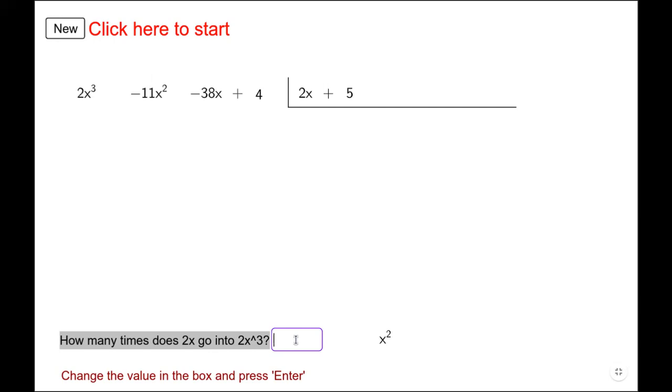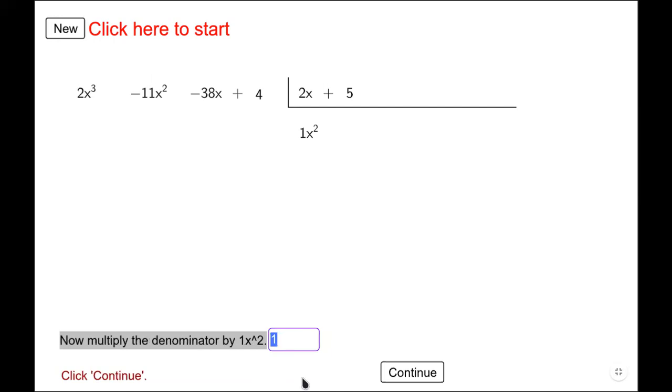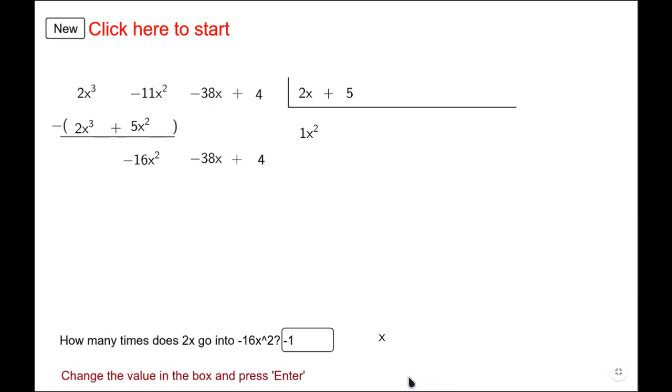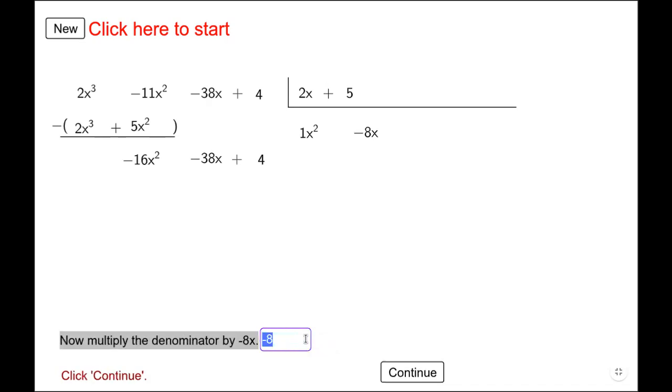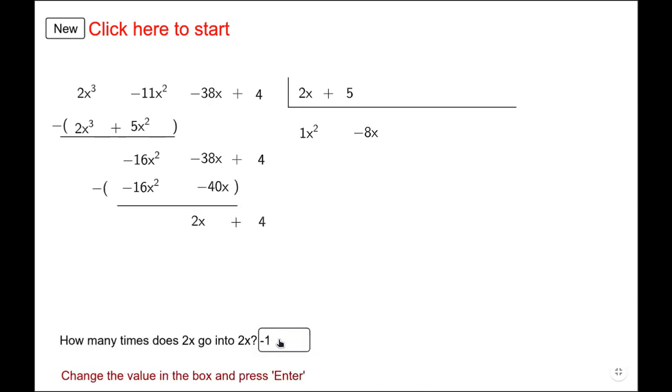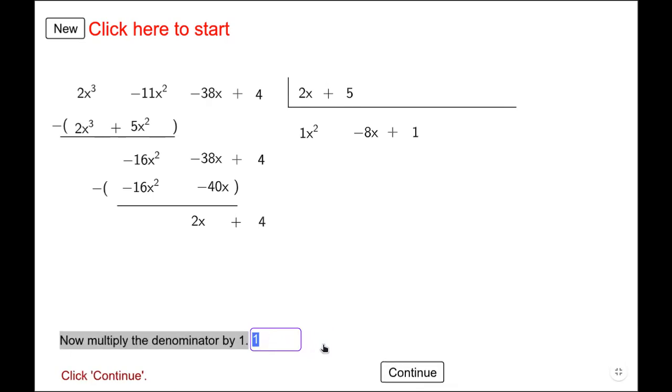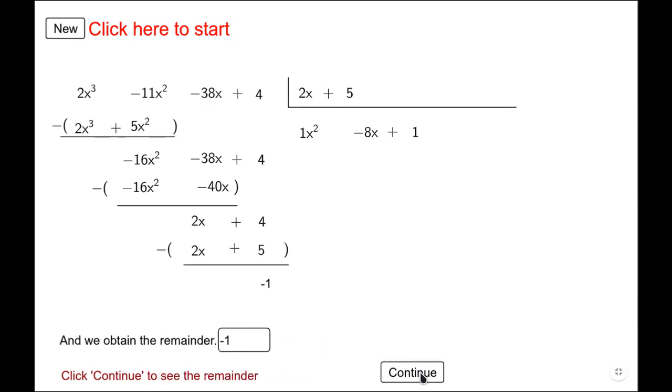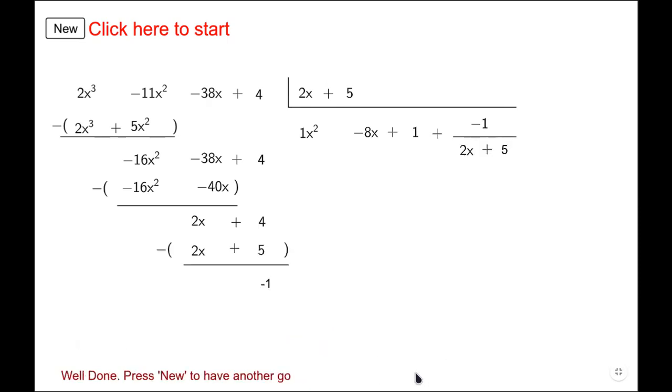So it is, suppose 1, into the minus 16x square. So minus 8. 2x goes into 2x. So that is 1. So this is